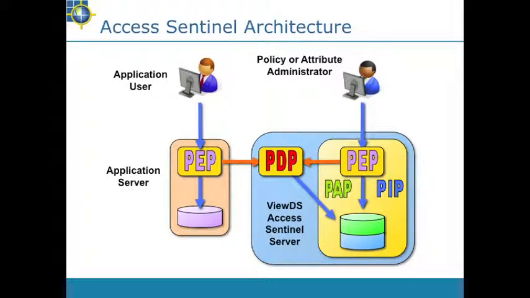So with ViewDS Discovery Server, we can quite happily put both the XACML policies and the user attributes in the one repository, in effect combining the PAP and the PIP into a single component. But what we do in addition to that is take the next step and combine the policy decision point into that same single component. So what we now have is an enhanced ViewDS Discovery Server that, in addition to being a directory server, also supports an external PDP interface that external applications, or that PEPs in external applications, can use